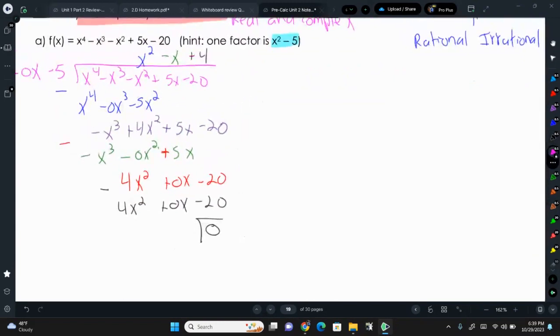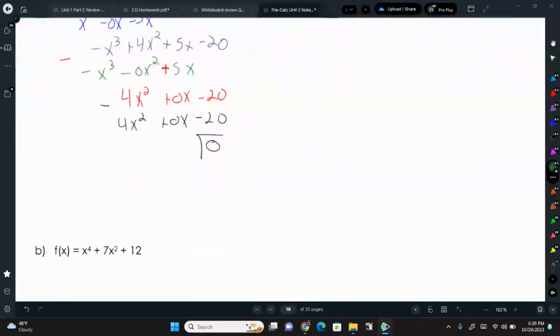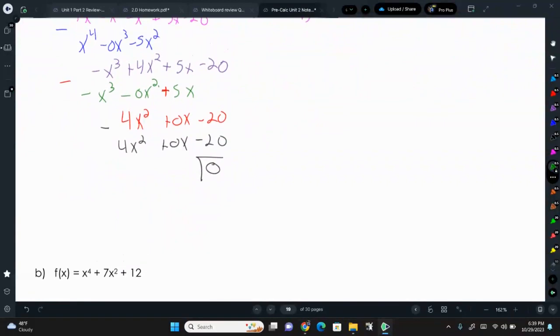So I'm just going to write that here, x squared minus x plus 4. Now, can we factor that? No, there are no two numbers that multiply to positive 4 but add to negative 1. So what that tells us is that part A, irreducible over the rationals,